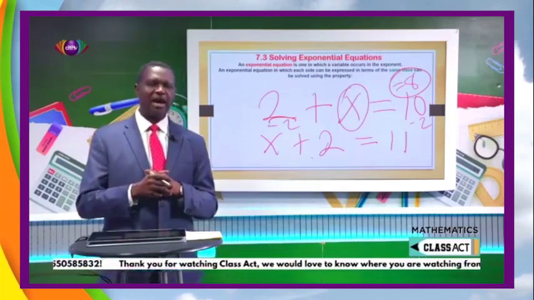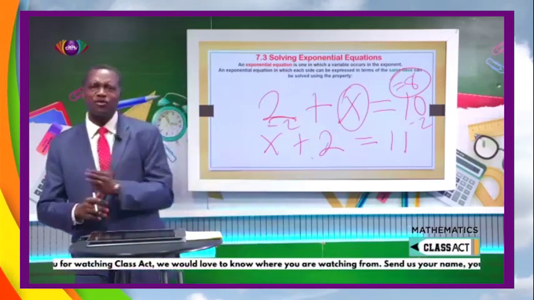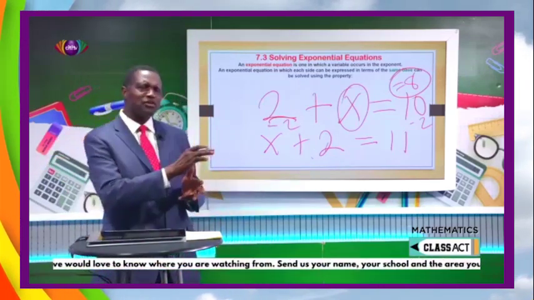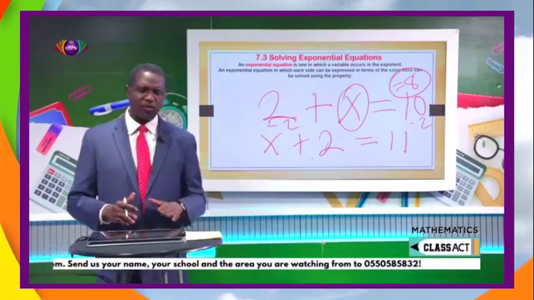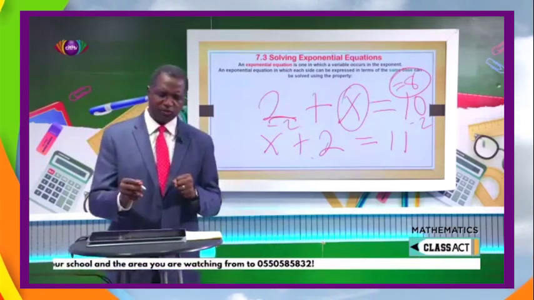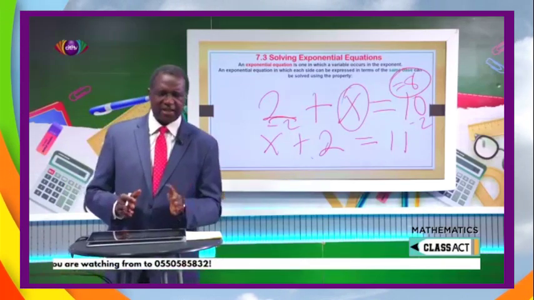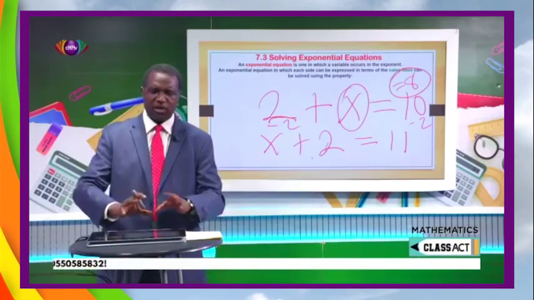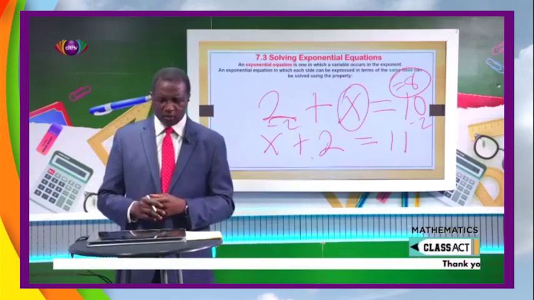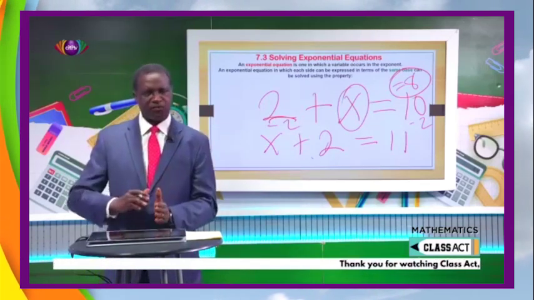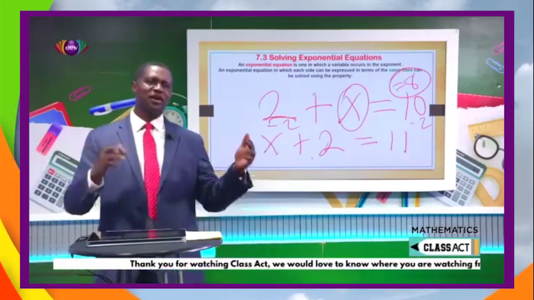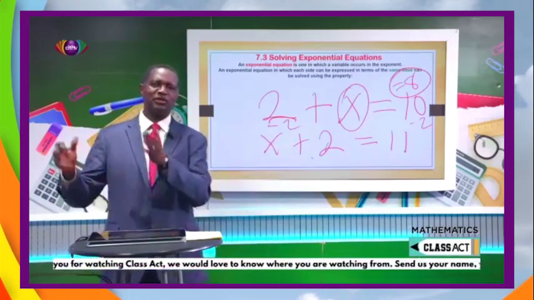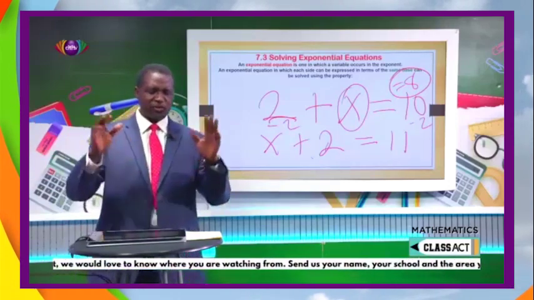2. How do I get 2 to be away from there altogether? I have to subtract it from that side of the equation. So I need to subtract 2. When I subtract 2 from the left-hand side so that the 2 becomes 0, it will disappear. Oh, I cannot just do that and forget about the right-hand side. That is why sometimes you hear teachers say, whatever you do to the left-hand side, you have to do the same thing to the right-hand side. So let us quickly do that.